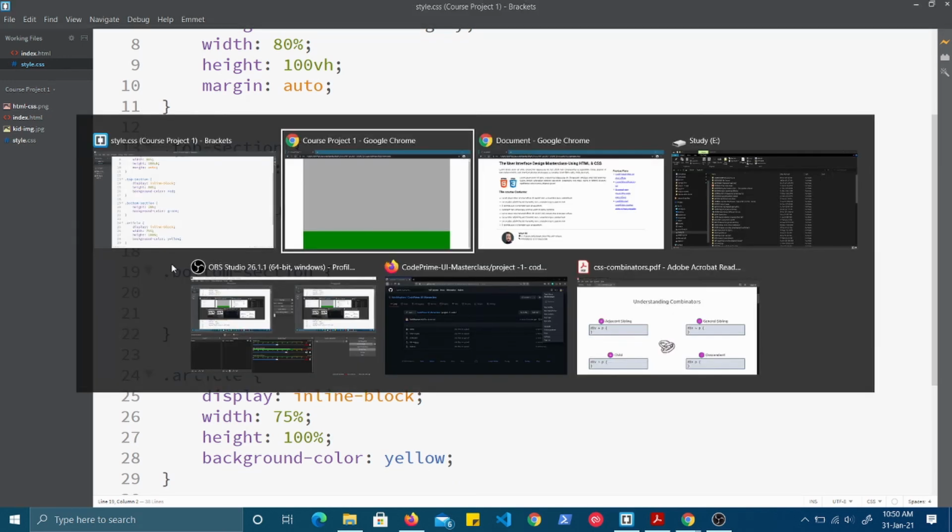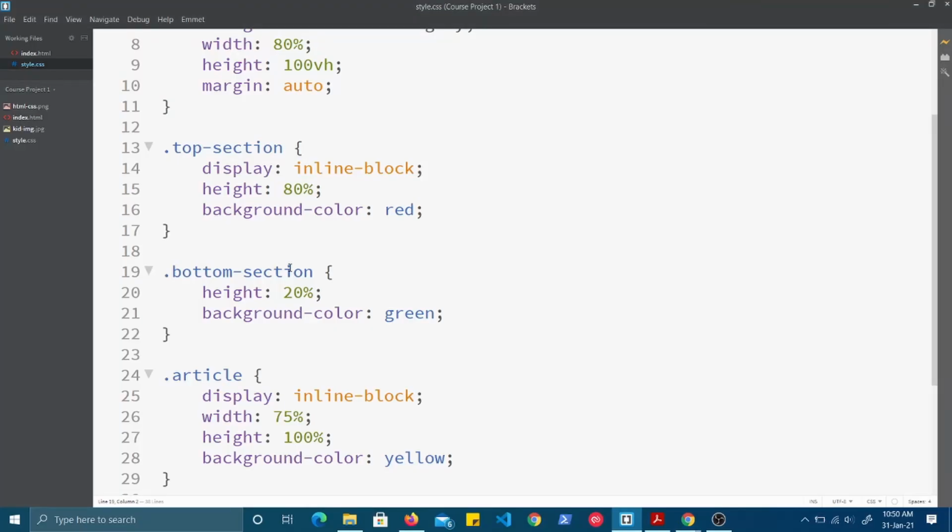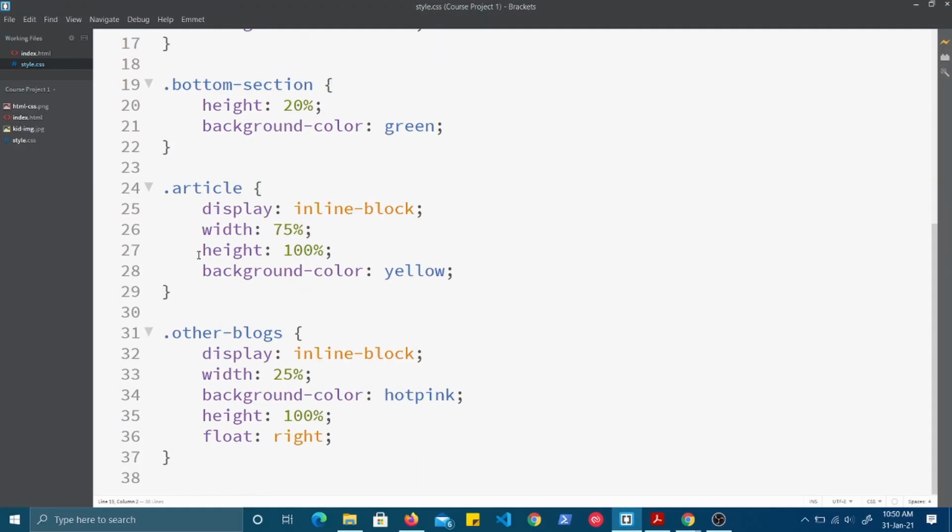Now you can see things are gone, but they are not gone, they are there, they are just floating. So you have to have the content, then only it will be visible. So 75% of the width of the parent.